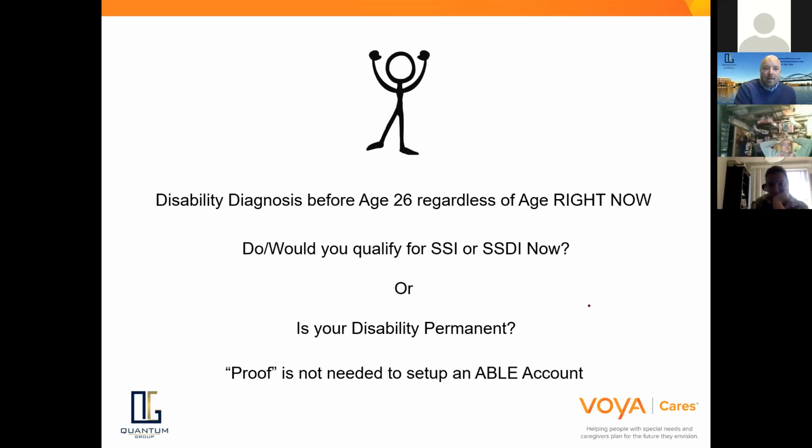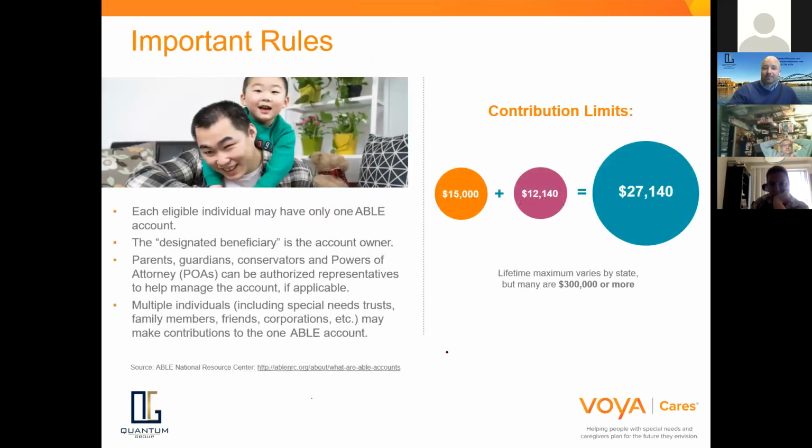So the biggest point of a lot of these things is to try and remove barriers or reasons why you would not want to set one up as soon as you can. I think there's a huge benefit there. So that makes that slide hopefully a little bit simpler as well. Next, we talk about some of the important rules that go with age eligibility as well as disability eligibility. Some of the important rules to understand.